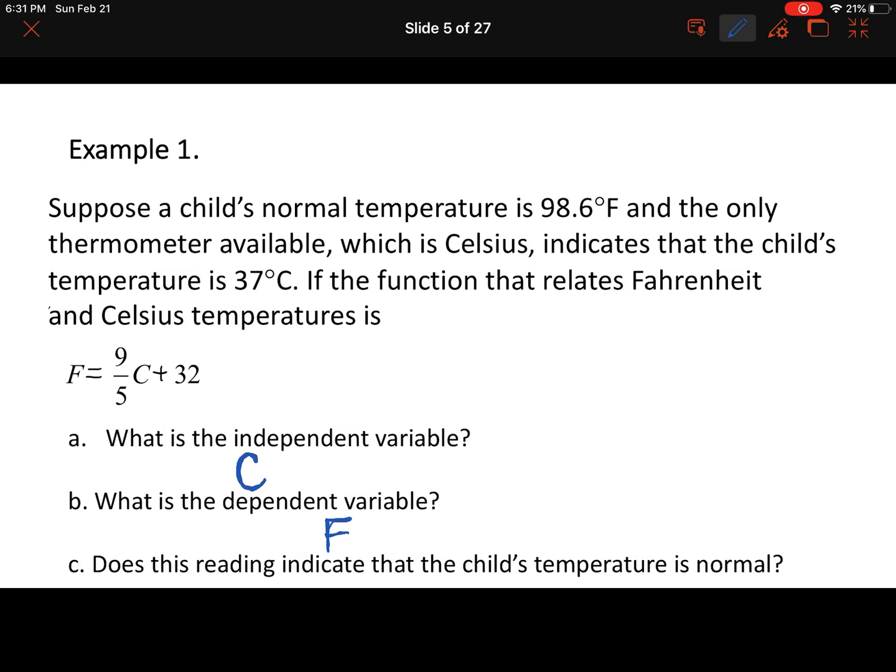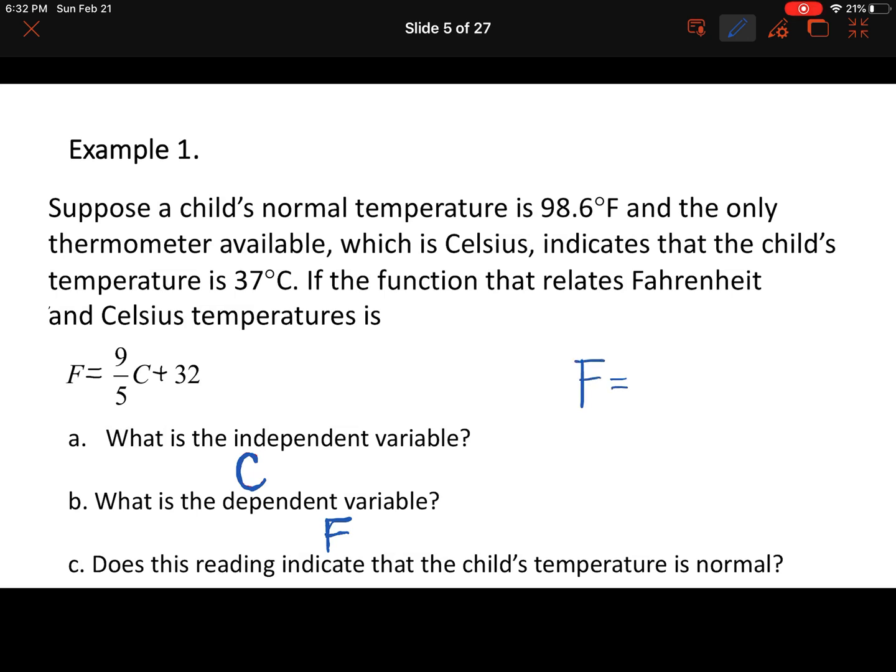All right. It says, does this reading indicate that the child's temperature is normal? Like, what in the world is that? That just came out of nowhere, right? So all that is saying is you take that Celsius and plug it into the problem and see what the Fahrenheit comes out to be. All right, so we're going to,